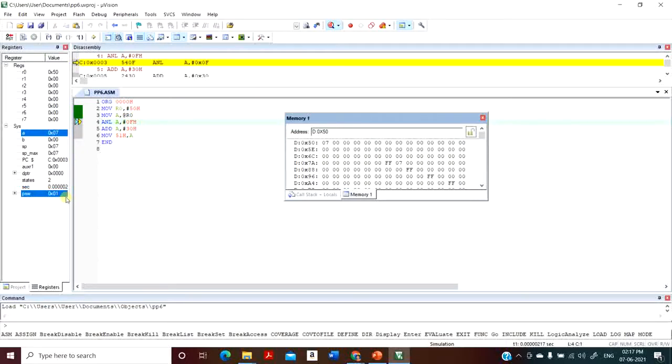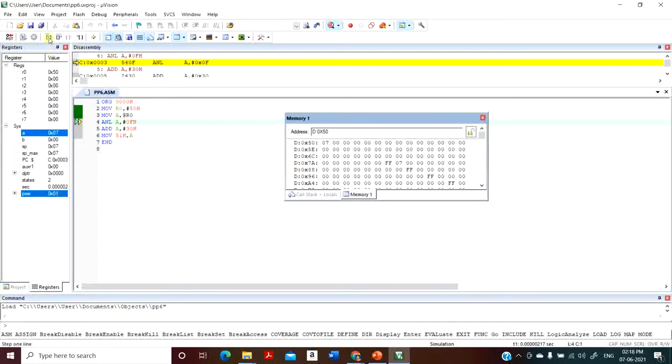At the same time, the program status word also will change. That is because you know that we have the presence of the parity bit here. So this parity bit will be set when the accumulator has an odd number of ones, and in 7 you have an odd number of ones, totally 3 ones are there. So that is why the parity bit is set, and that is why the result of PSW is 01.